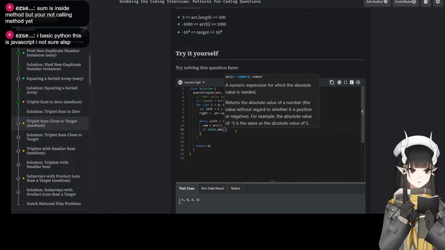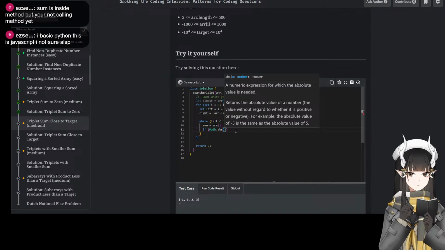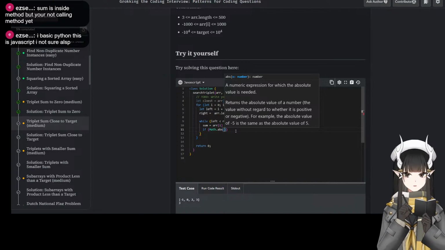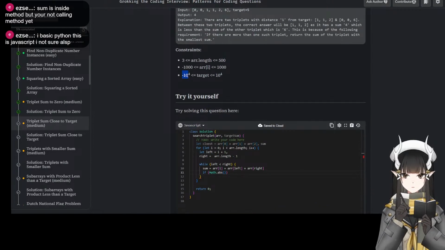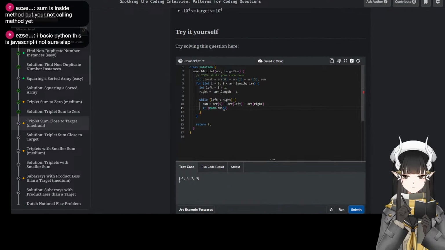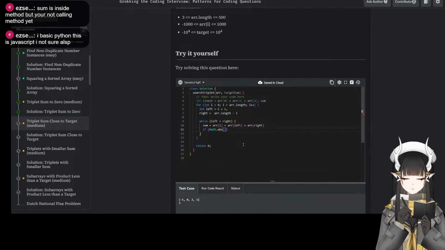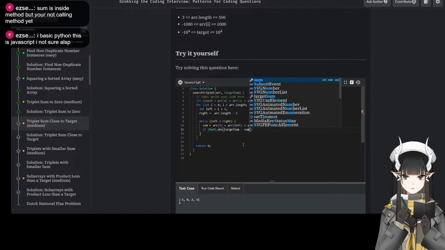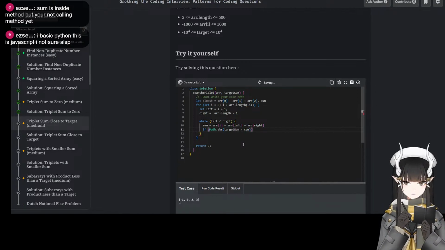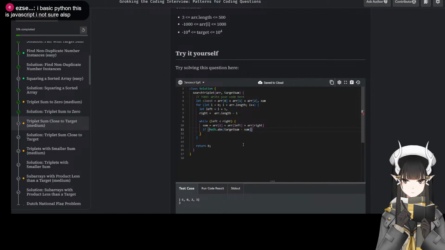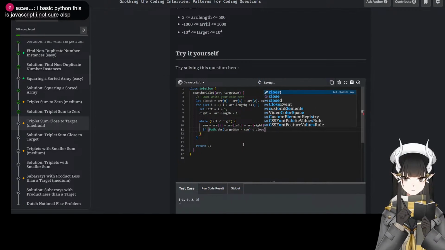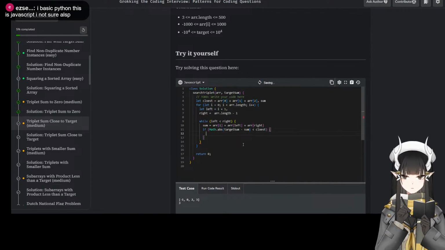We're looking for closest, so we don't care about how much difference. Because the target could be a negative value, right? So we're only looking for the closest. Math.abs of target sum minus sum. If this is less than the closest, well, then we found a new closest, right?